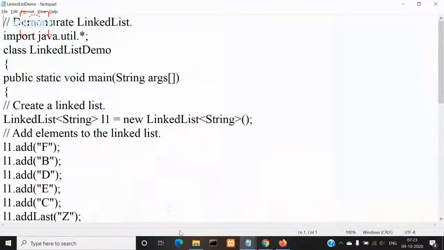Yesterday we were discussing linked lists, right? So the difference between linked list and